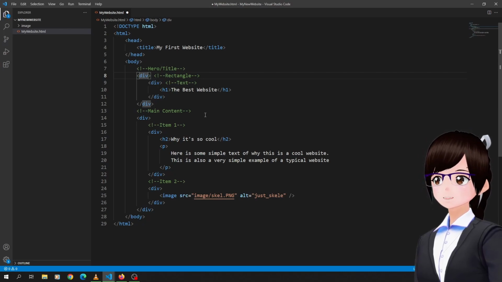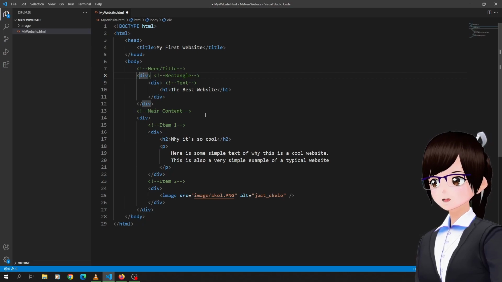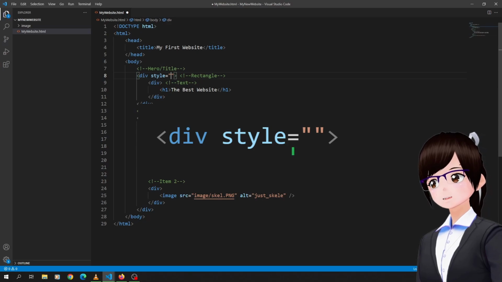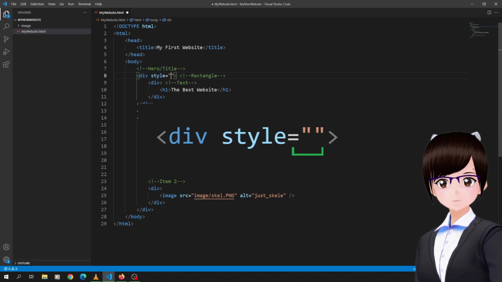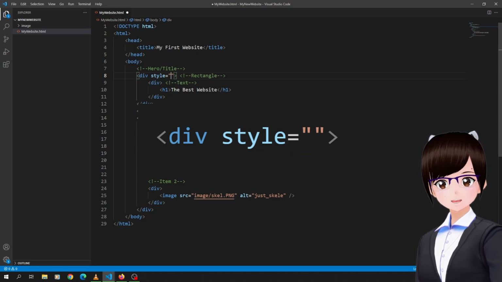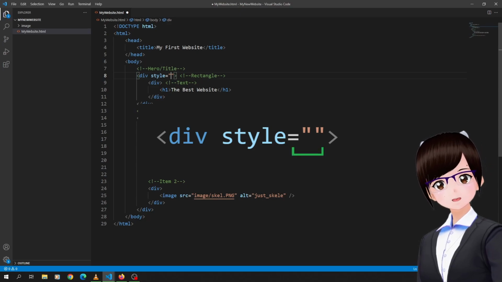The first way is to add the styling inline with the HTML. We can do this by adding the attribute style to the div tag. When you press enter in Visual Studio Code, style will be followed by the equal symbol and 2 double quotation marks. This is how HTML attributes are defined. If you are not using Visual Studio Code, please ensure that you include the equals and 2 double quotation marks